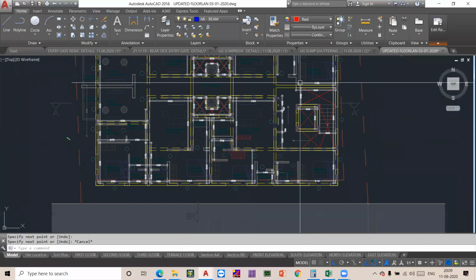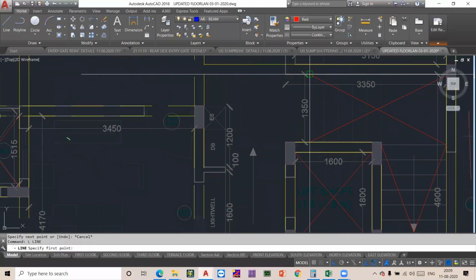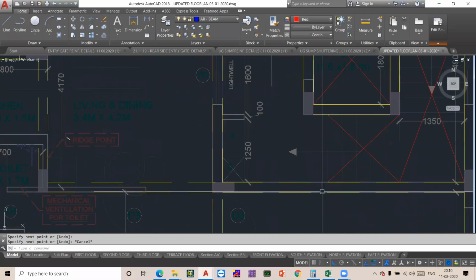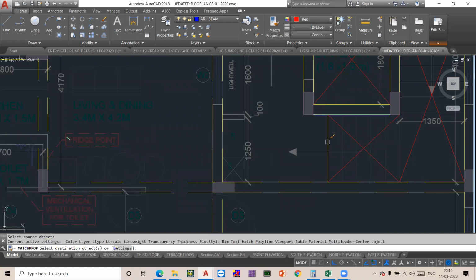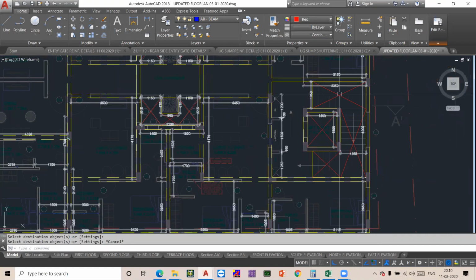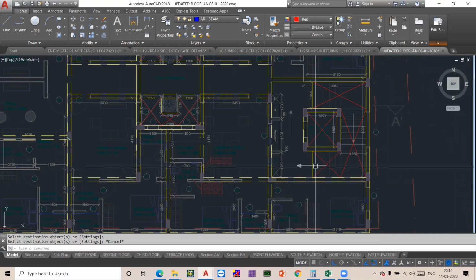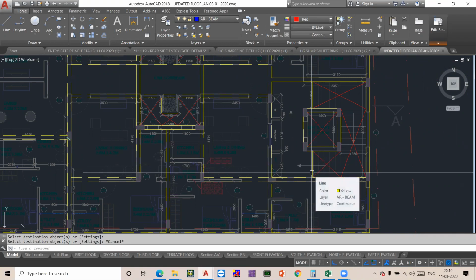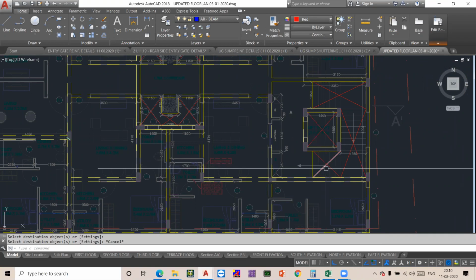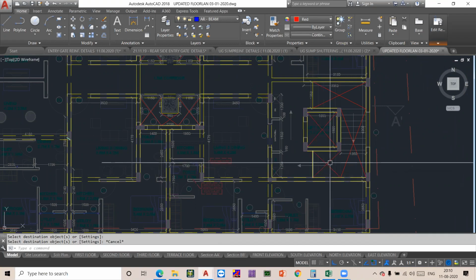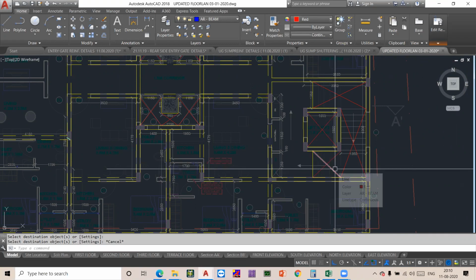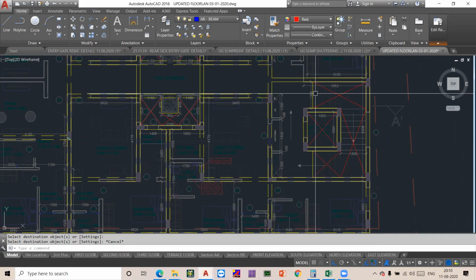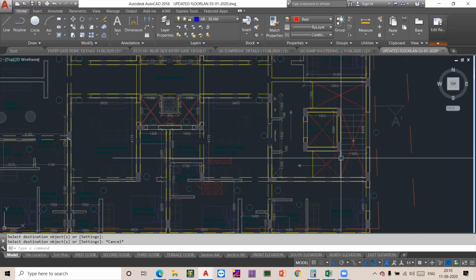Till here I will be having my slab. Till the first step, we will be having our slab, and only after the first step will we have the cutout at that floor level. If you notice any staircase for that matter, till this platform, till the first step, you will have the slab at that first floor level. Right after that, the staircase will go down. If you have the slab at that particular level, that means you are obstructing the movement of the staircase. Hence, throughout this region, you will not be having any slab.